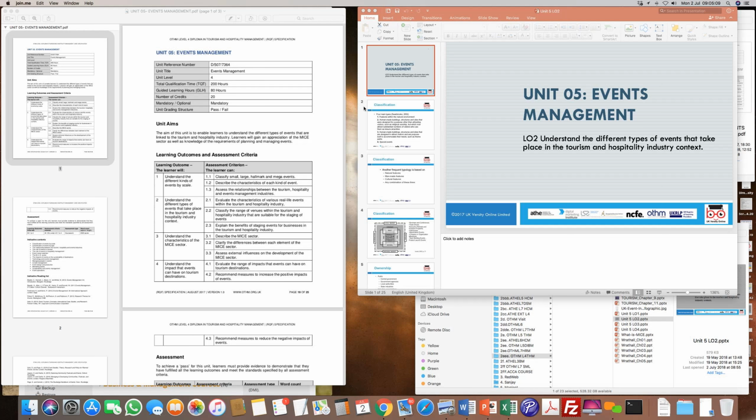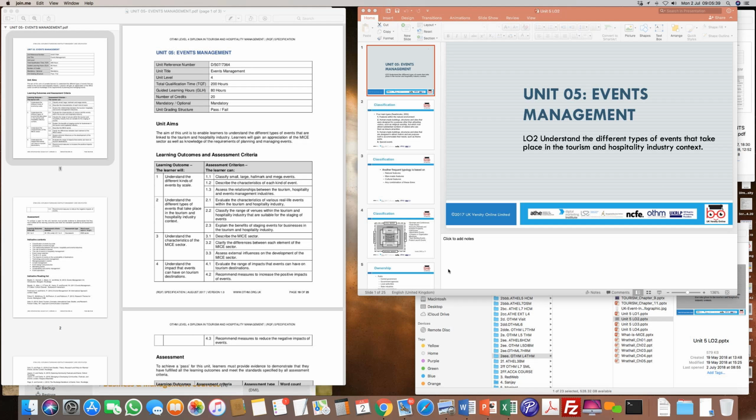One of the key things we looked at was understanding the relationship between tourism as a sector, hospitality as a service, and events, which has become one of the key parts of the hospitality and tourism sector and brings in more revenues. So we understood the relationship and the definitions of these 3 important concepts within this unit.